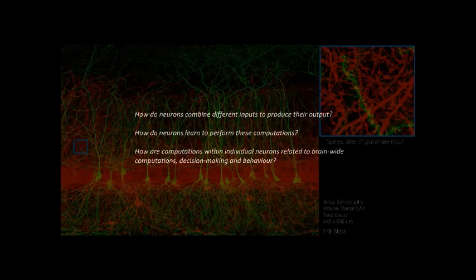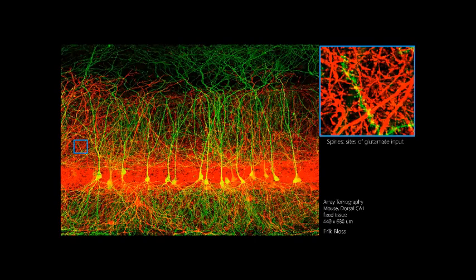So this is a different view of those same cells, CA1 pyramidal neurons. And the point of this picture is just to show you that each neuron is an incredibly complex machine. So neurons perform computations by receiving inputs at their synapses that lie throughout their dendrites, as well as on their soma. And it combines all those many inputs, thousands of inputs, into an output. Those inputs come in via chemical neurotransmitters. And a big part of what we'll talk about today is